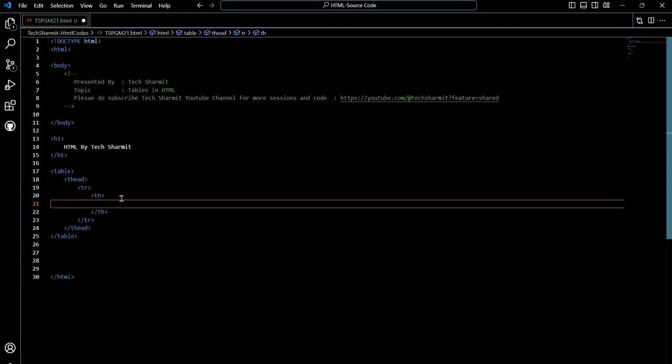Now, to explain this in simpler terms, just assume a scenario where we are supposed to create a table on a web browser which shows two columns: employee name and employee ID. So there would be two columns. This table we are going to design with a proper header. Everything should be semantic. So let's write the first heading, which is employee